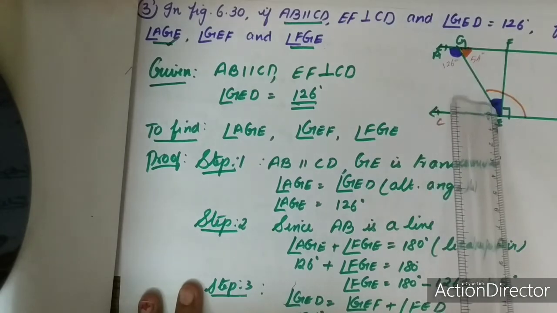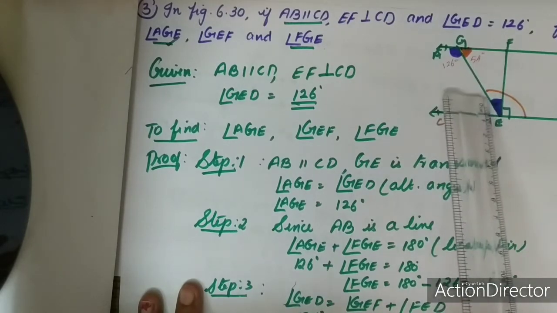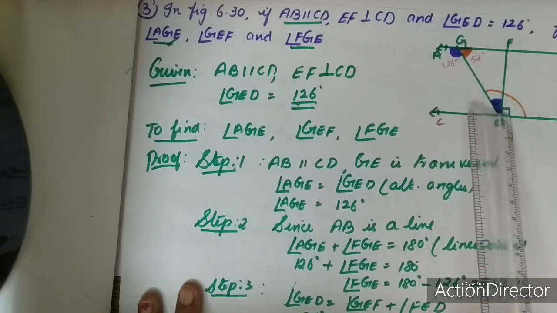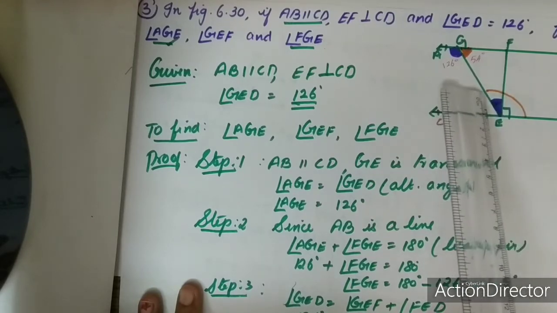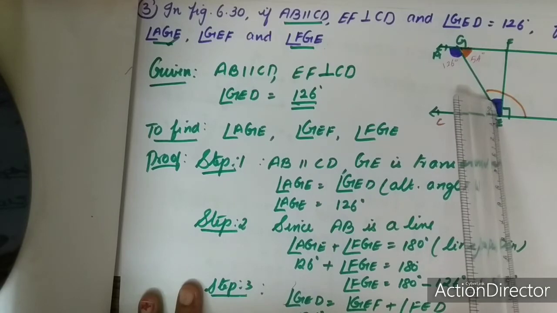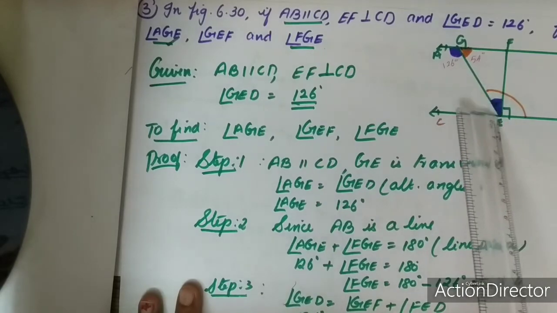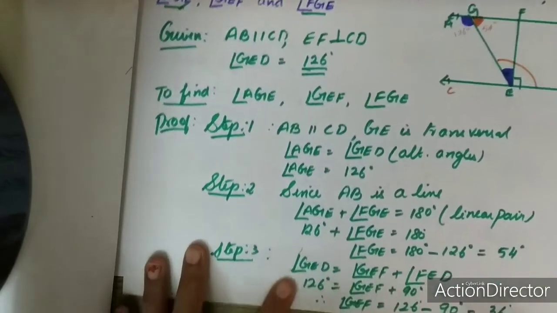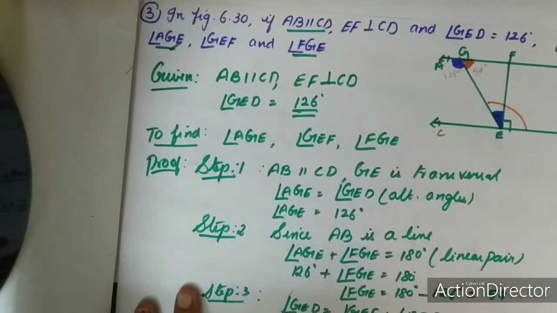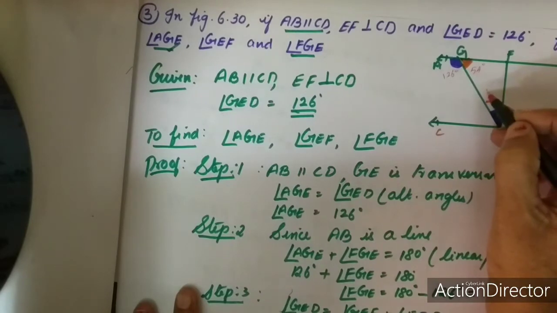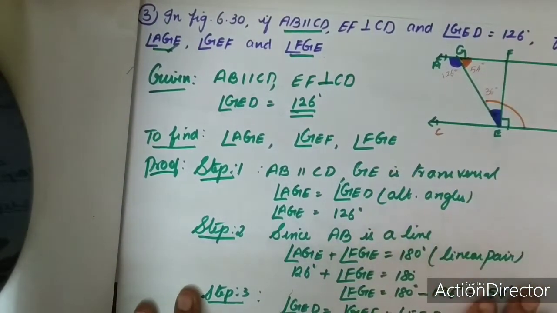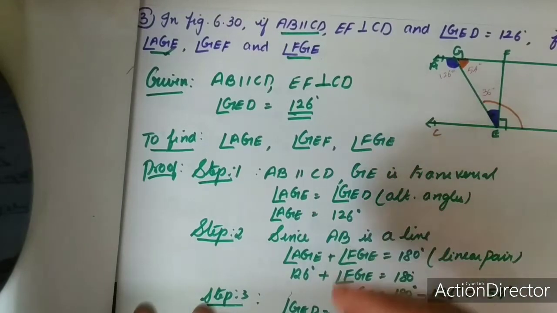Now coming to the third angle over here, the sum of these two angles is given as 126 degree, but one angle is given as 90 degree. So this blue shaded angle can be found by subtracting 90 from 126, which is equal to 36 degree. So all the three angles we have found over here. This also you can write over here as 36 degree. So in geometry, when you draw the figure and understand the question, it's very easy to do if you do it stepwise.